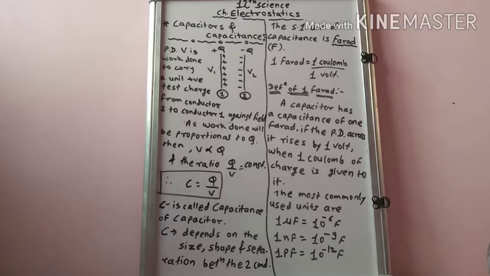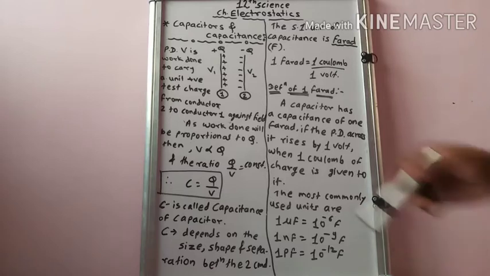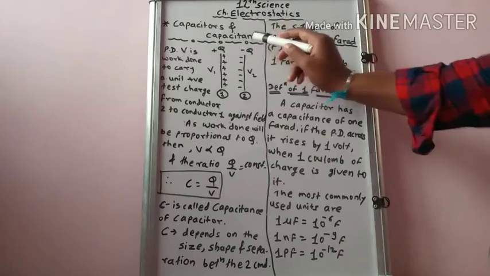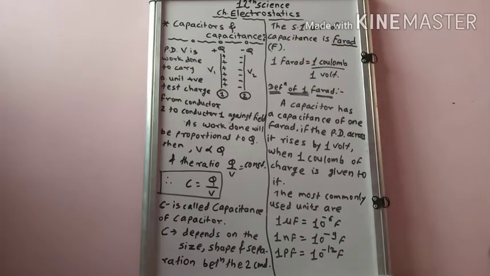In the electrostatic chapter, the next point is capacitors and capacitance. In 11th standard, we already studied resistance and capacitance. In the 11th standard, resistance or resistor is the electrical device or component which allows current to pass through it